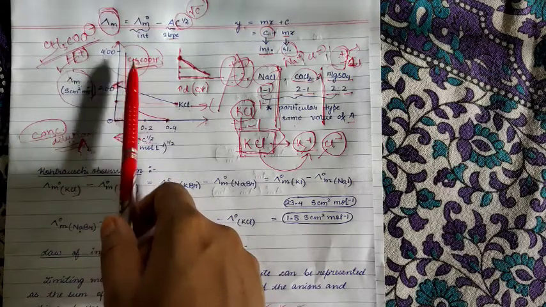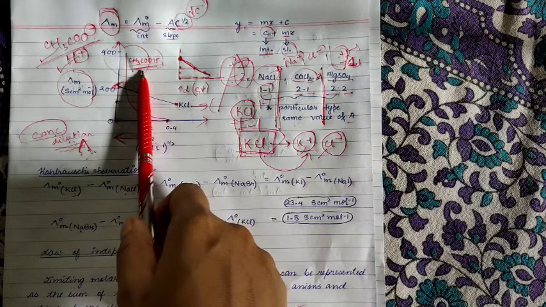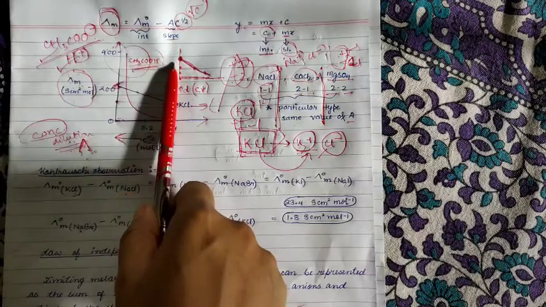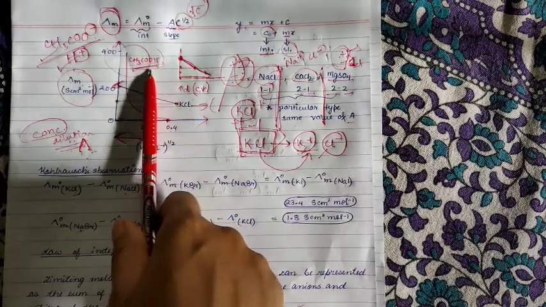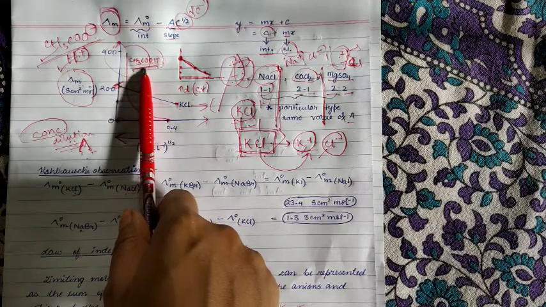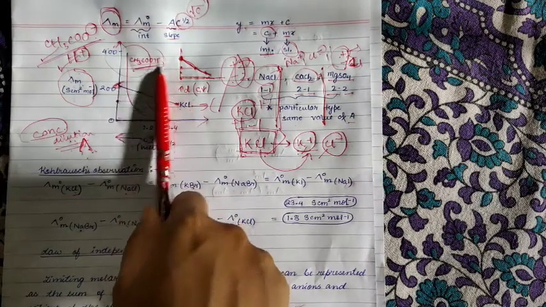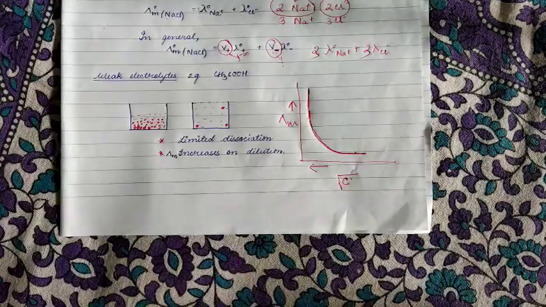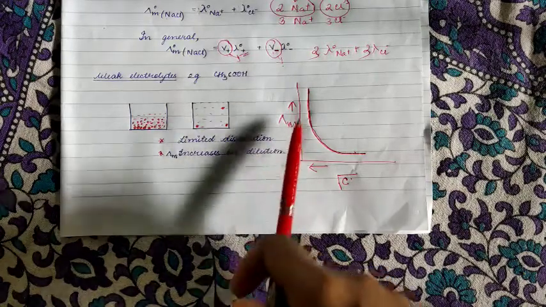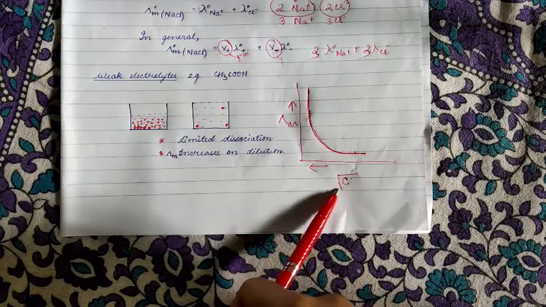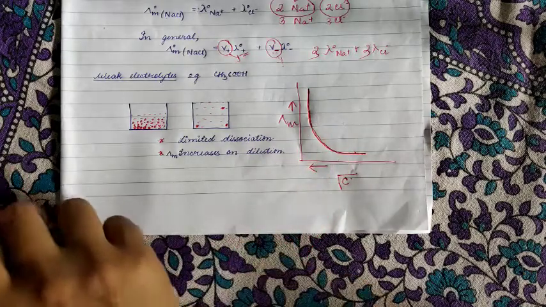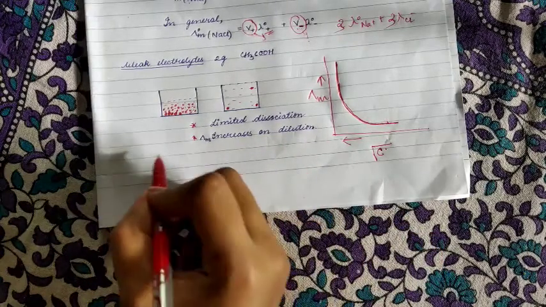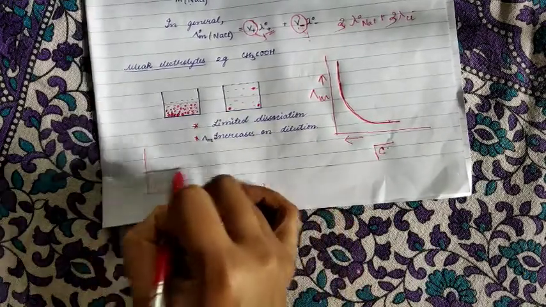And now you can draw the conclusion that since these electrolytes are weak, they will not be able to dissociate easily, and hence their conductivity or conductance will decrease as well. Okay, so let us now study the graph here. This is the graph for the plotting of lambda m versus square root of C for weak electrolytes. Now, before understanding this, you have to have a clear concept of graphs. So let me show you one thing here.